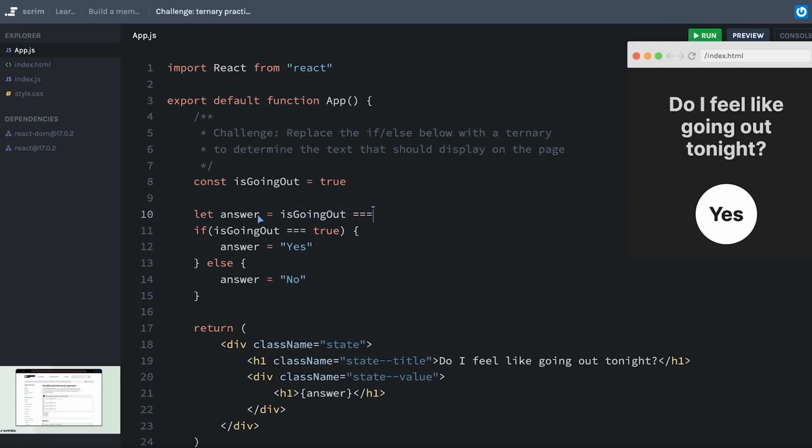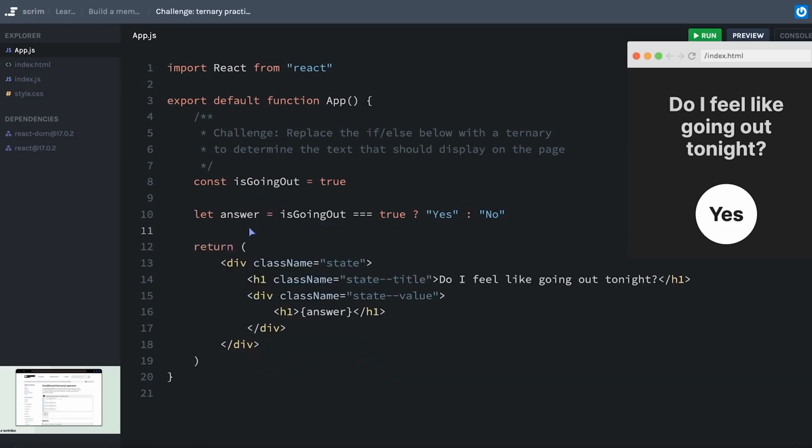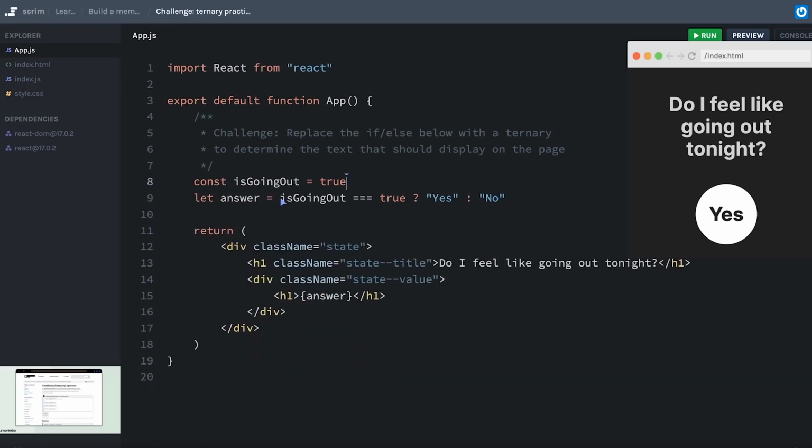So I could say isGoingOut is true, and then I use a question mark that says if this is true, then I want you to use this expression. In other words, I want let answer equal to yes, the string yes. Otherwise, and this is my else, I'll say I want answer to equal no. I can get rid of all this down here, and I've been able to clean up my code from before